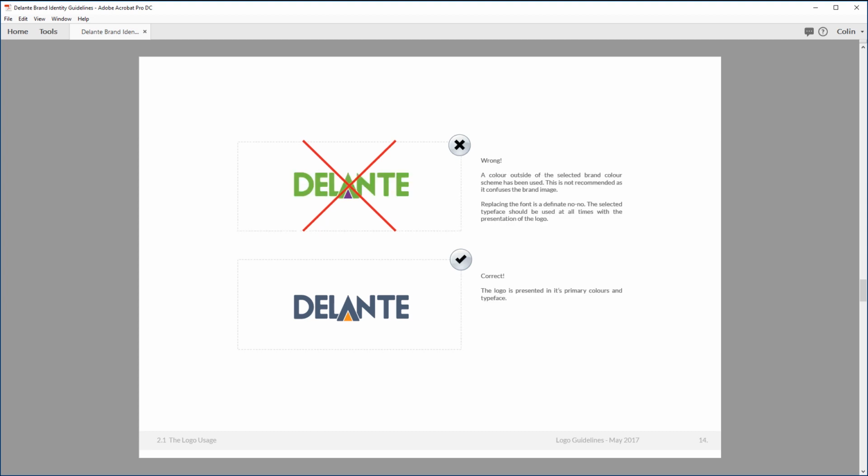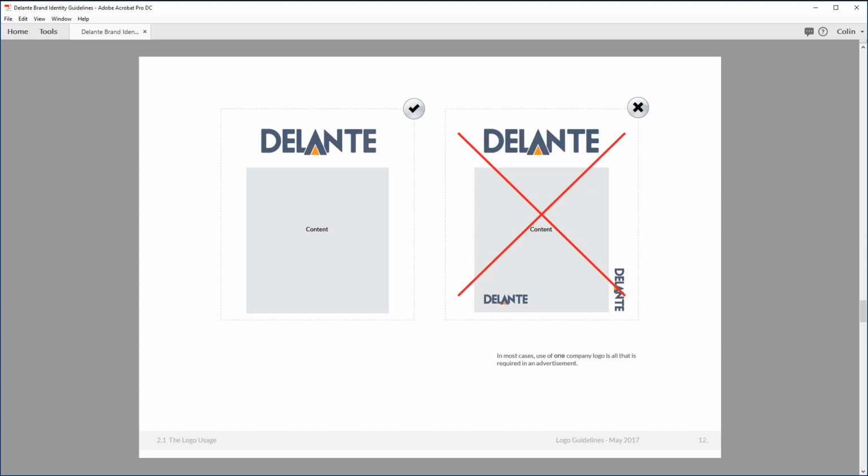Colour changes. You'd be surprised at how often colours will be changed in your logo just on a whim. I have no idea why, but it does happen, and it has happened to some of my clients. So you need to specify again that colours cannot be changed from the colours which are listed inside the brand identity guidelines. If you're creating an advert or someone's creating an advert for you, you don't need to go over the top with your logo. You just need to have it once in a fairly prominent place, and that's enough. Going overboard with it and dotting it around just to try and make sure people definitely see your logo isn't a great idea, because it looks a bit silly and it just really messes up any flow or layout to